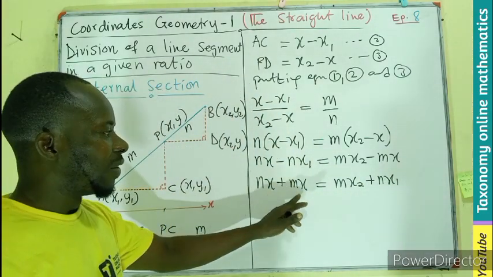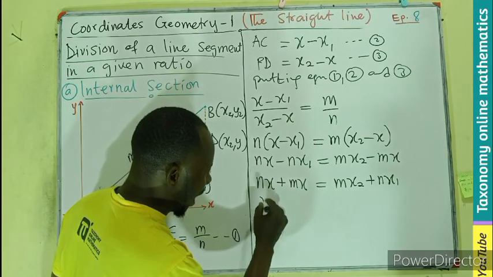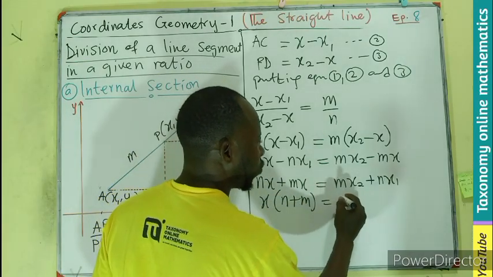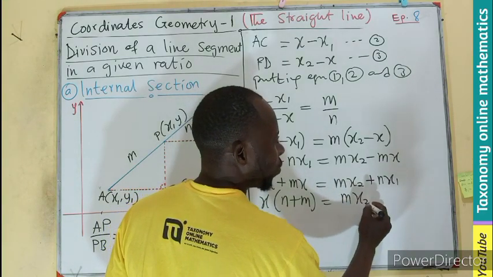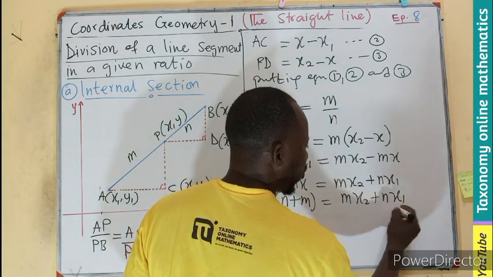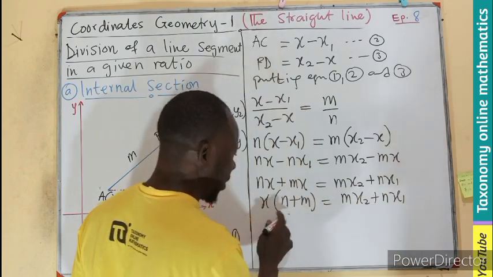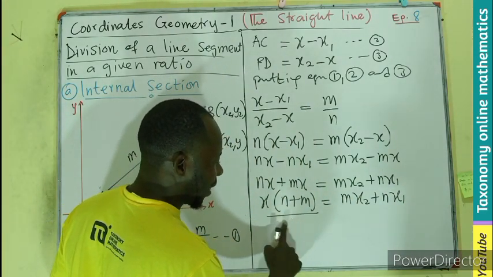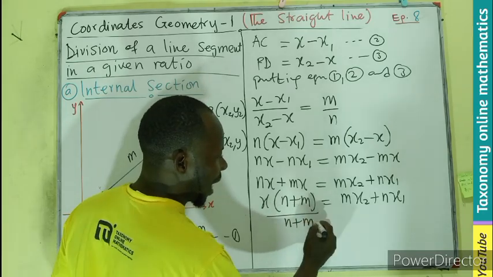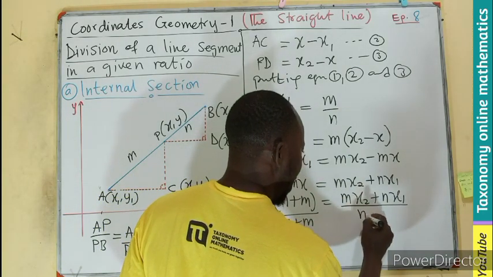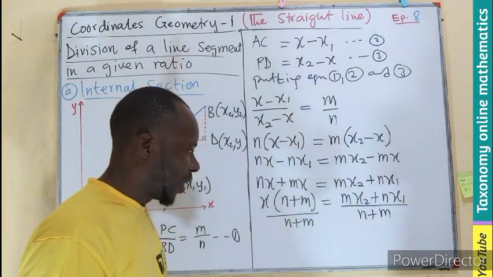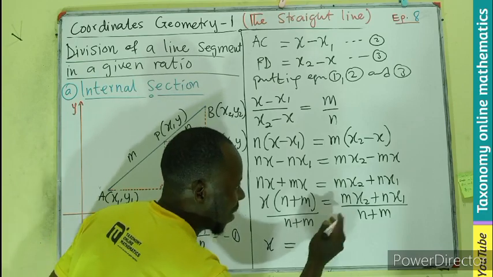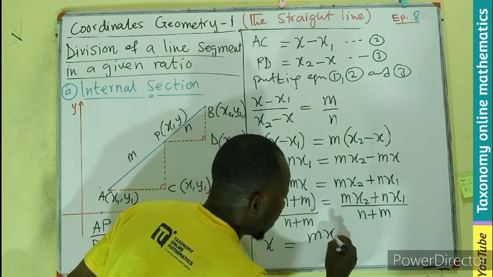You see that x is common, so if you factorize, your x will be taken out: n plus m, equals mx2 plus nx1. This is going to be divided by the coefficient n plus m. You can see that this will cancel this, leaving the x coordinate as m